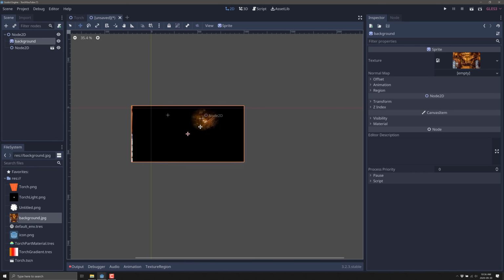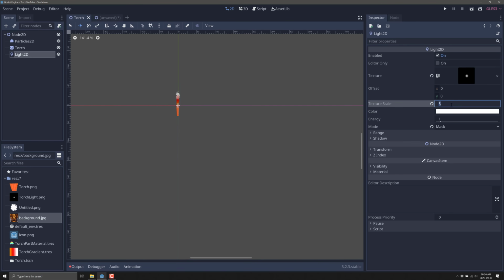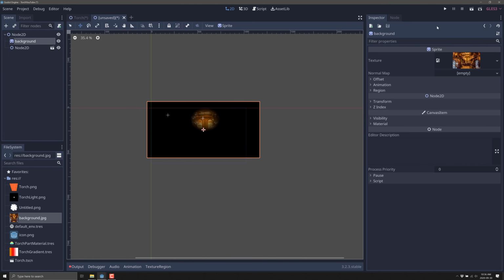So now you see, as we move around in the scene, the mask covers it. And you can keep making that, realistically, as big as you want. There's no real consequence to it. It's just basically the amount of scaling and the amount of blackness that comes out of this as a result. And we'll head back over here, and there you go. So now we've got a torch in the world that we can move around and look at accordingly.